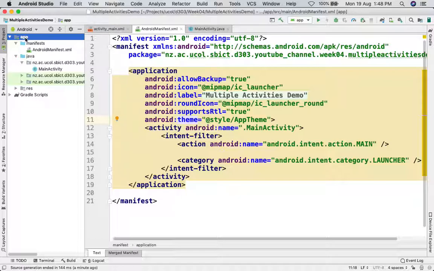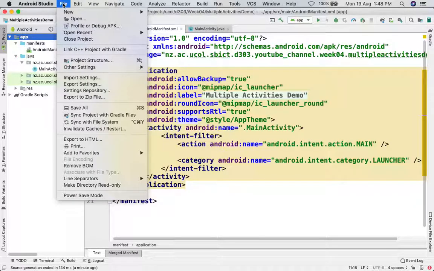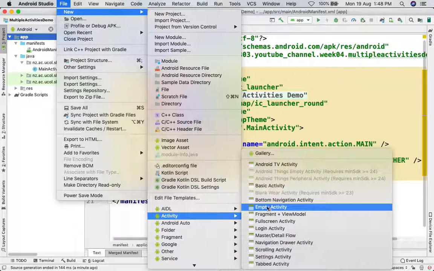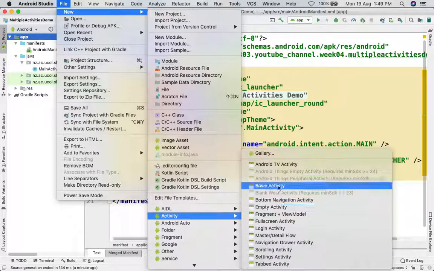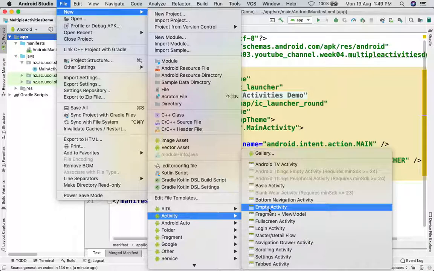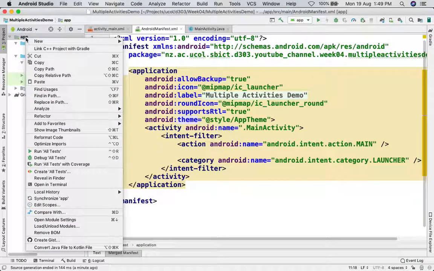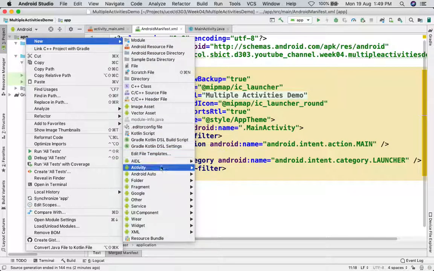Let me quickly add another activity. Maybe I can go from the file, new, and I have this activity here, and then I say that I want to add an empty activity. We can also have other styles, other themes here, but we always start with the empty one because we want to create things by ourselves. Or we can right click on your application, and again we have new, and then we have